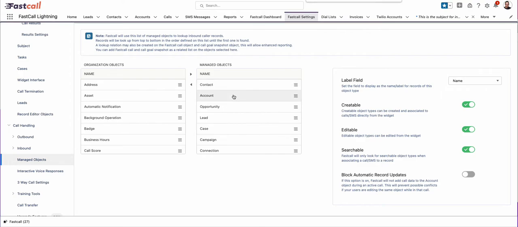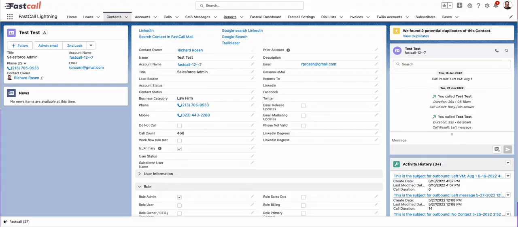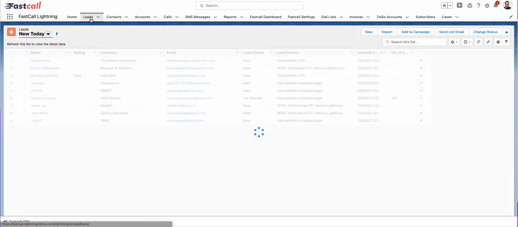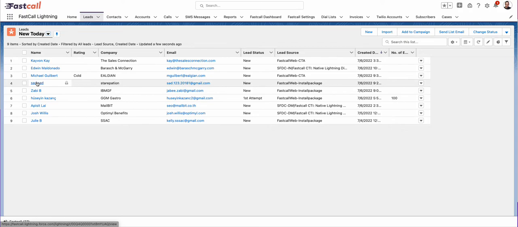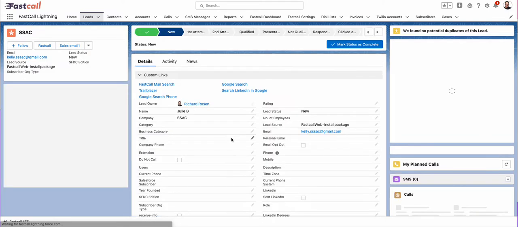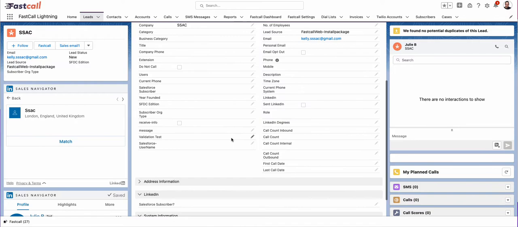So if I click on any detail here, and this relates to the custom data model because you're going to see that data on the record. So if I come in here, and this was a contact, I think I actually need a lead. So if I look at a lead, doesn't really matter. If I look on a lead record, Fastcall is creating some call metadata. And in this particular case, I have them all added to the page layout. Again, it would be up to you as the Salesforce admin to add these fields to the page layout, but you'll see that I have